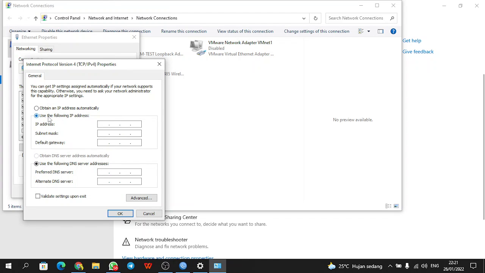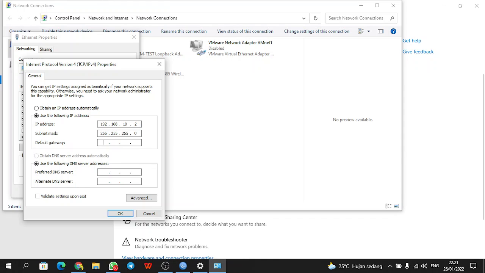You can click use the following IP address. You can add the IP, for example, 192.168.10.2.